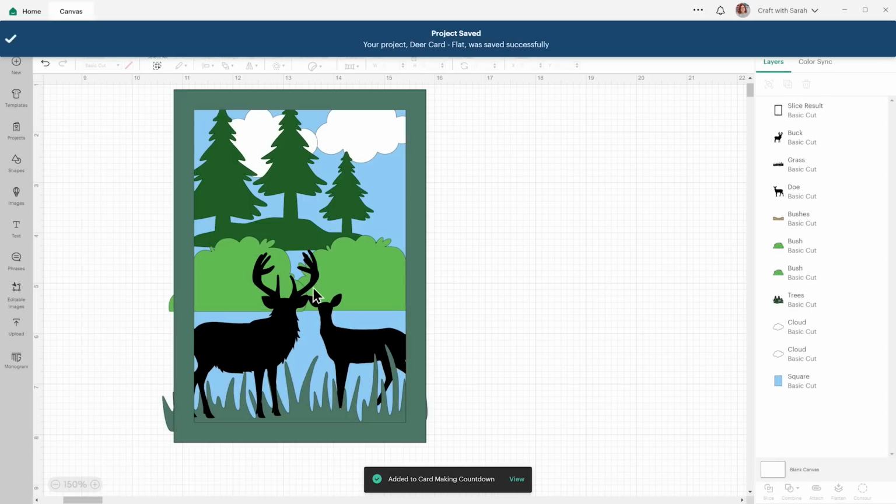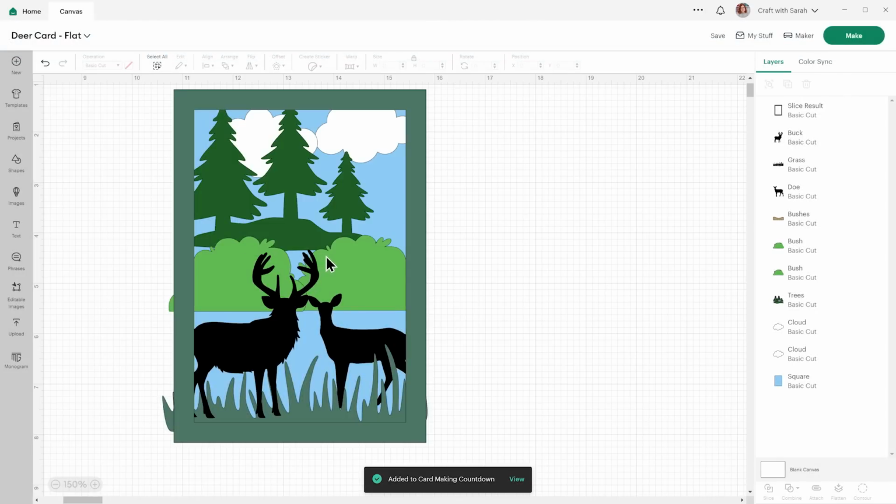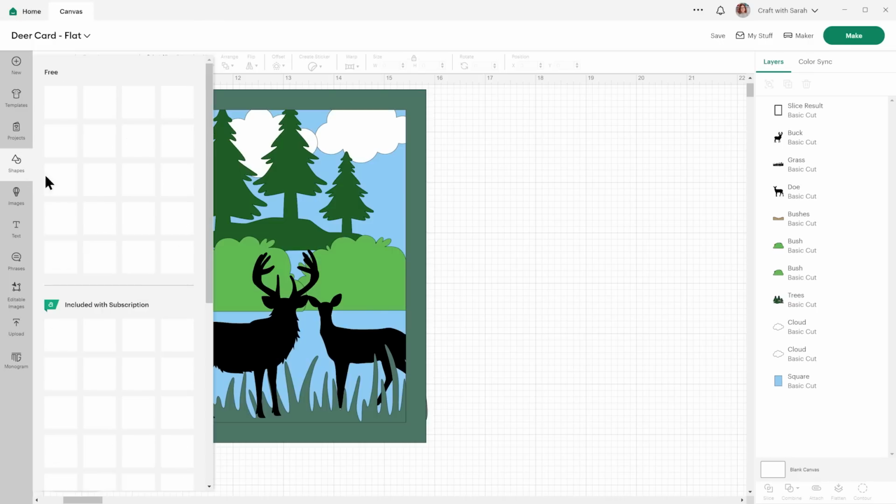Don't worry that we've got all these weird bits of the blue showing through. We'll fill those in. First, I need to cut off anything that's over the edge. That's only going to be this bush here and my grass, so that's nice and easy.